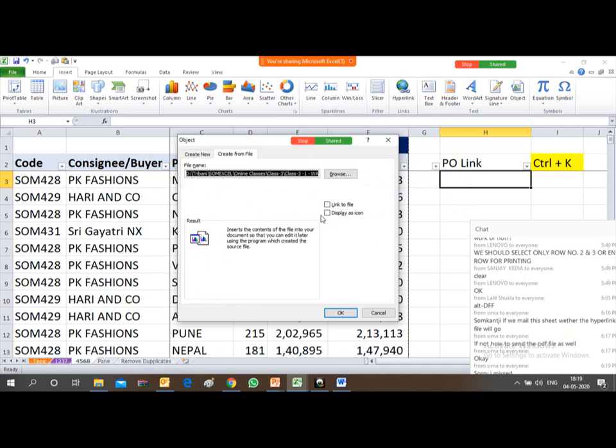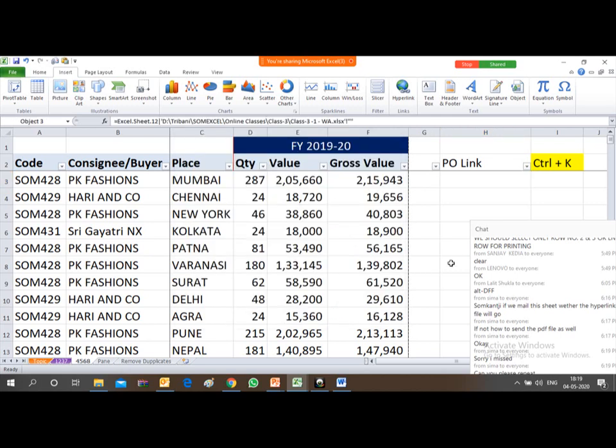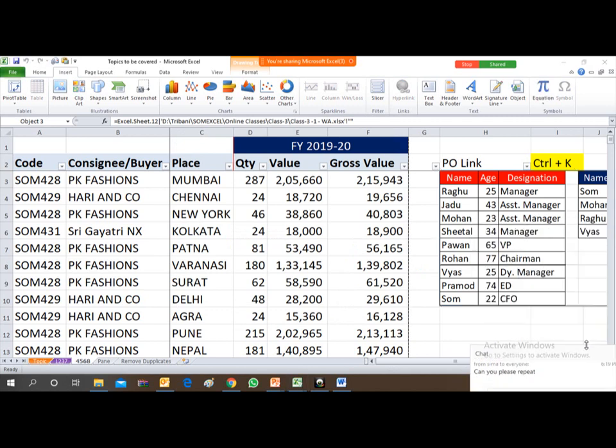You have to remember to tick Display as icon, and also Link to file. Tick both options and then click OK. Now this will create a shortcut of this file.